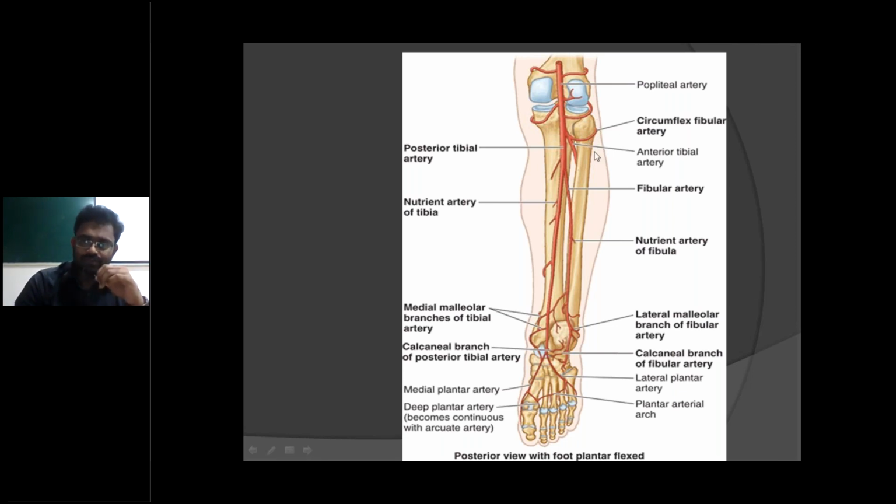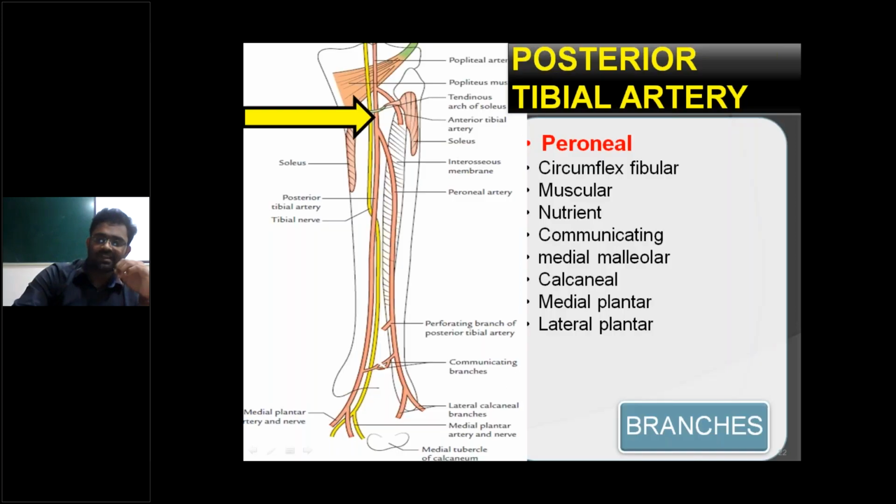So the circumflex fibular artery arises from the posterior tibial. Right? Next one, muscular branches. Muscular branches arise from the posterior tibial and supply the posterior compartment muscles. And the fourth branch here,